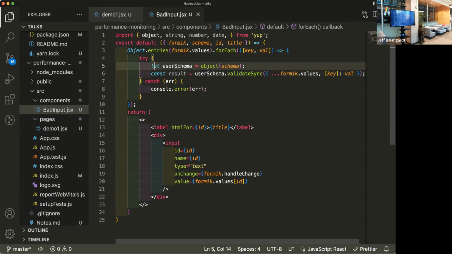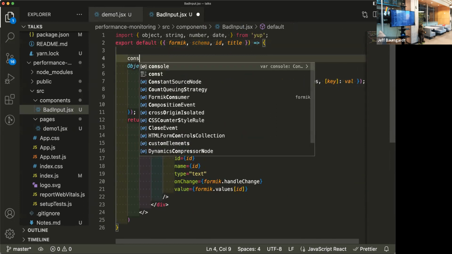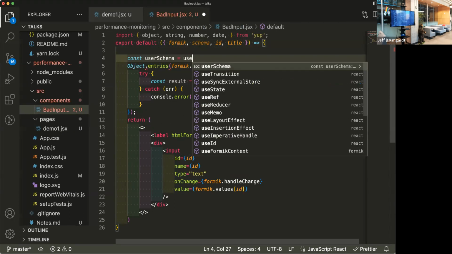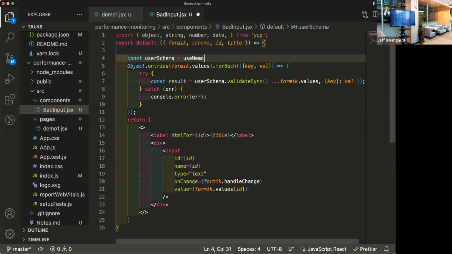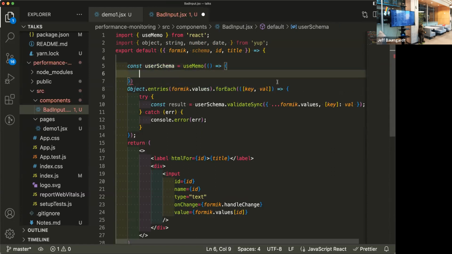So a couple of things you can do is, first, we can extract the user schema. We're taking the user schema out. We don't have to recreate it every single time. We can do something like user schema equals useMemo. This is that React hook, right? And we're going to go ahead and return the